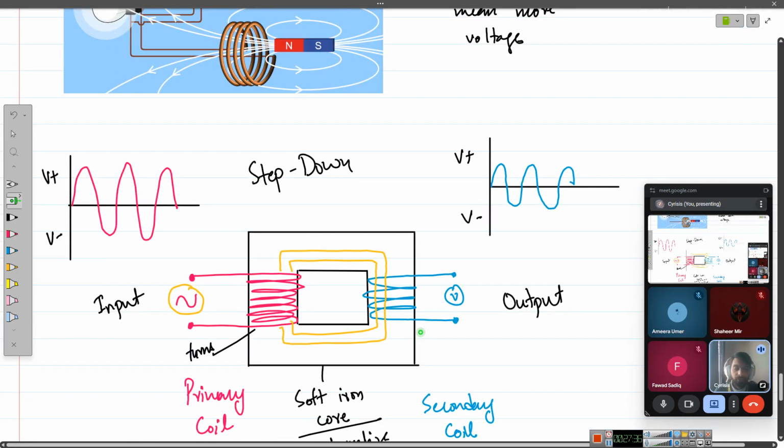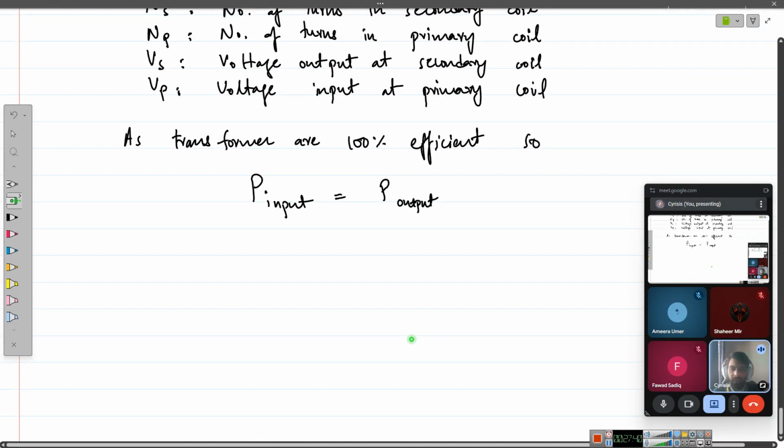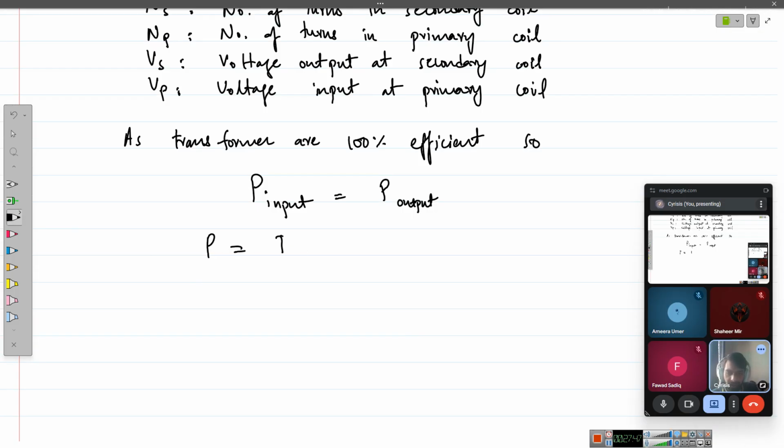So something has to change just to keep the energy constant. And we do know that electrical power is going to be, right, what is power? Current times voltage. So in other words, the current has to compensate for the voltage. If the voltage goes up, then the current goes down, right, to keep the power constant. Clarified? Using this formula, we can state that for step up or step down,